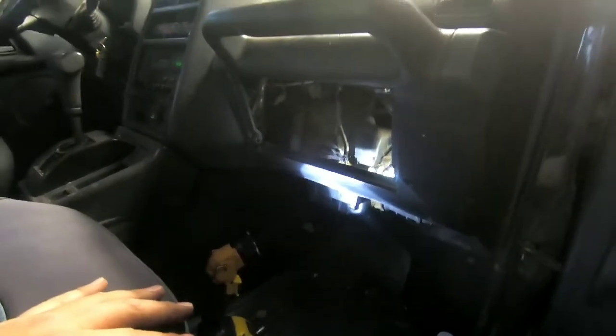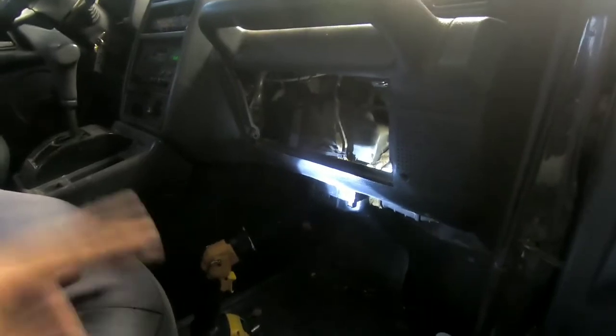Anyways, had to loosen those up in order to get enough play to put the basket back in there. But all in all, everything's all wrapped up. Gonna put the glove box back in, put all the junk I had in the glove box back in, and